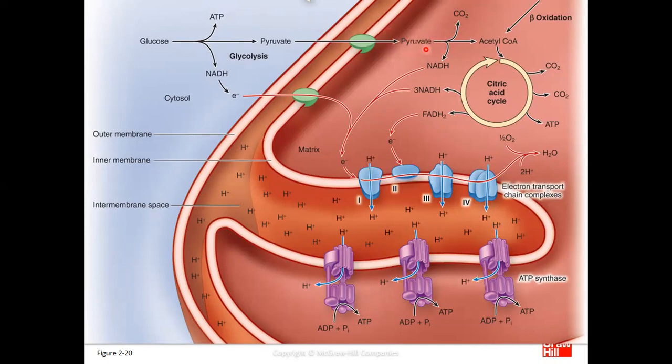Pyruvate is further catabolized by so many enzymes. One of them is NADH, which is seen here as well. Then it enters another cycle, known as the citric acid cycle. Now we see that the citric acid cycle also gives us ATP. Aside from that, it will give us water as another product. So at the end of the day, when sugar is broken down in the cell, what we are looking for is ATP, which is energy for the cell,